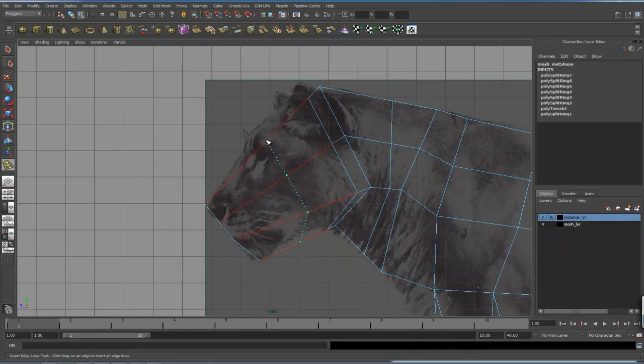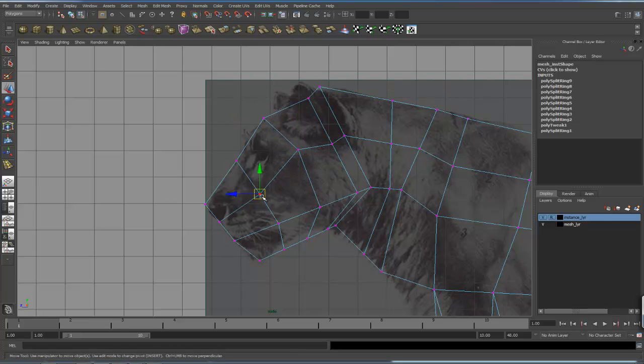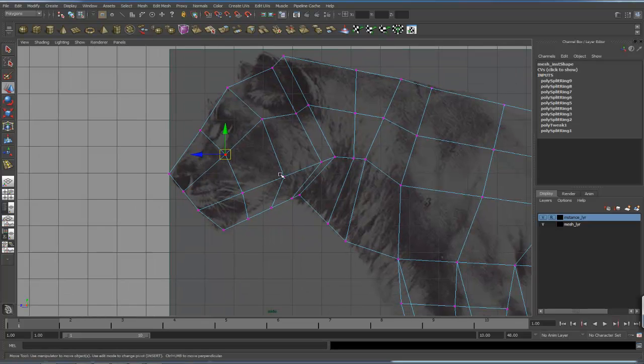Perhaps one right here behind the eye, and that would be decent, and then maybe one in this area in front of the eye. That would be okay. And let's tag those vertices and get them into place. Get this up, back behind the eye, get this down below the eye,